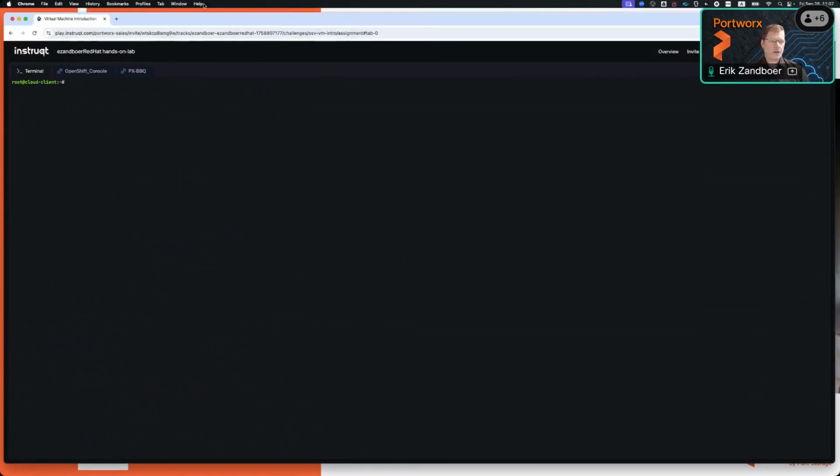There we go. So here we're looking at the lab, and it is an OpenShift setup. It has virtualization installed. Portworx is in there. So it's a small environment. And it's really slow.